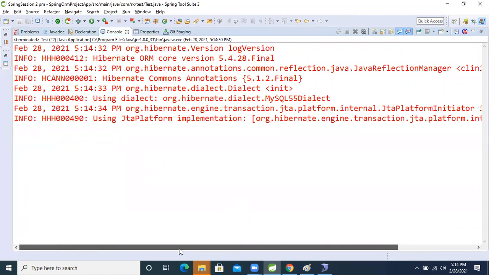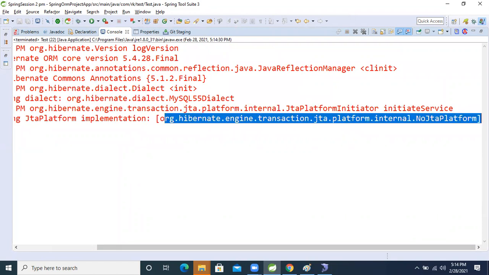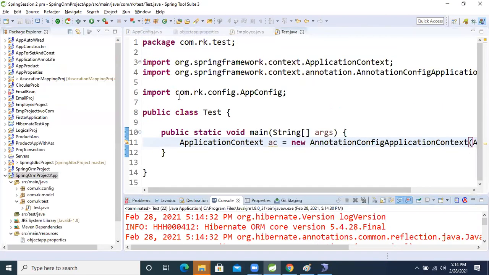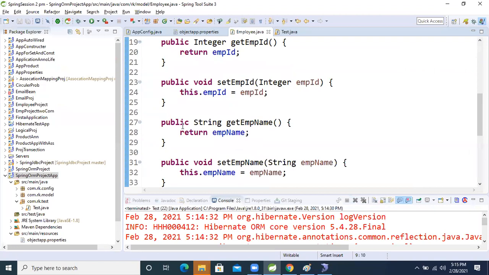The application is stopping, which means its implementation class is not found, some error. I don't know why it's not showing that error, but we can get one. So these two annotations are mandatory in the entity class. So these two things are cleared, okay.